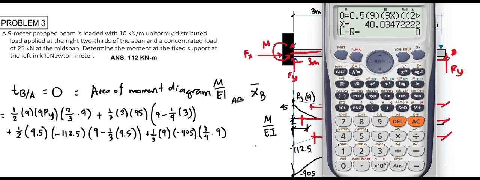Keep solving, we get the reaction Ry equal to 40.0347